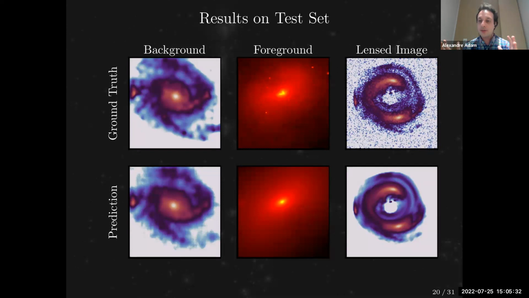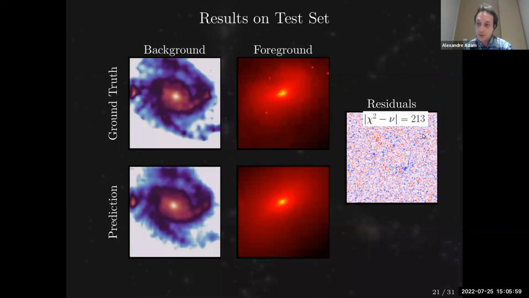So here I've got a system where I have maybe like a spiral galaxy in the background, and maybe a foreground that is relatively simple looking, except maybe there seems to be like two merging galaxies in the middle. And here, basically, our approach is able to reconstruct the source in very high detail. And in this case, the lens is relatively simple, and there's not much constraint on the very central profile.